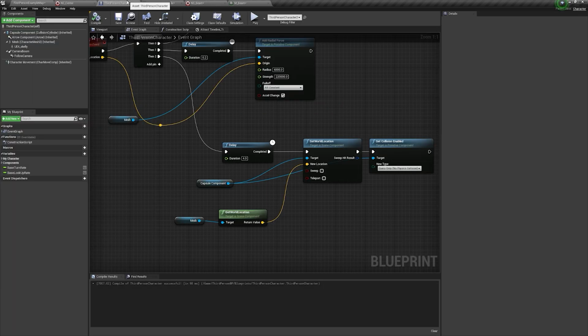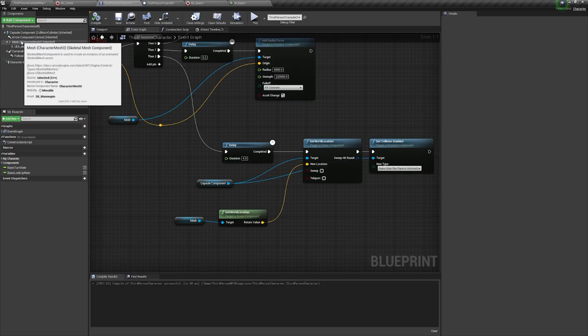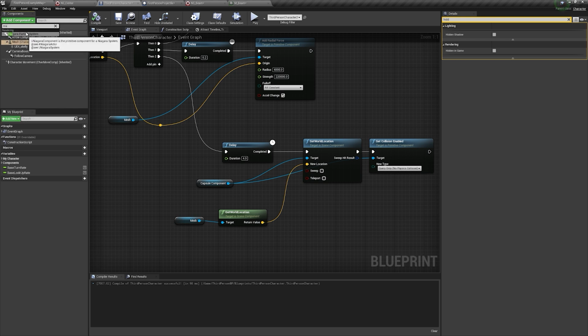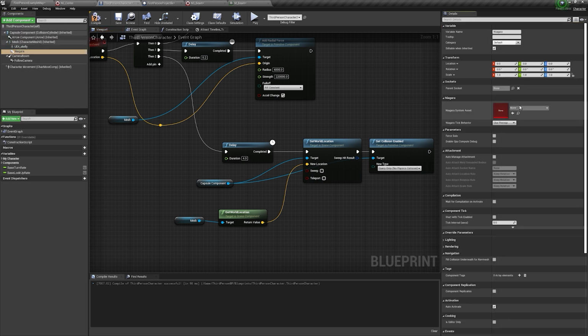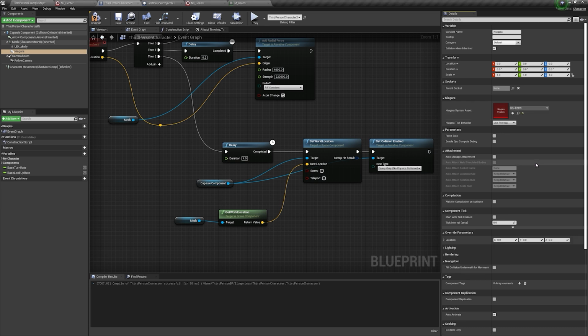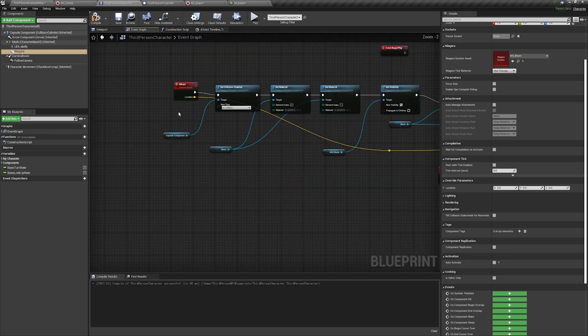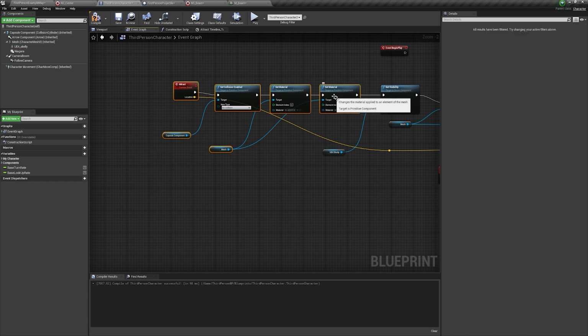Then we can go to the third person character. We can select the mesh and type in Niagara particle system. Then change this to the beam we created. Then, like before, untick auto activate and go here like this